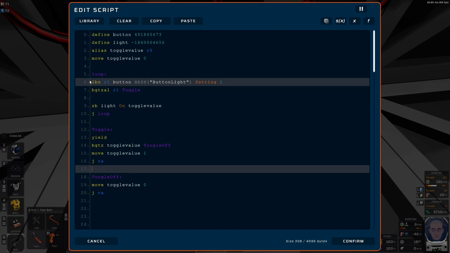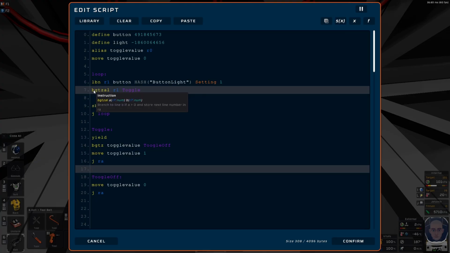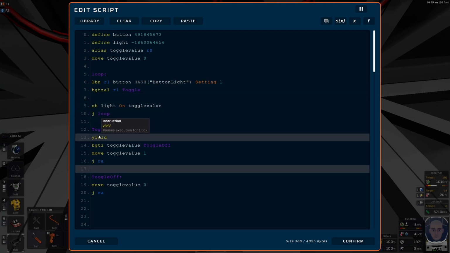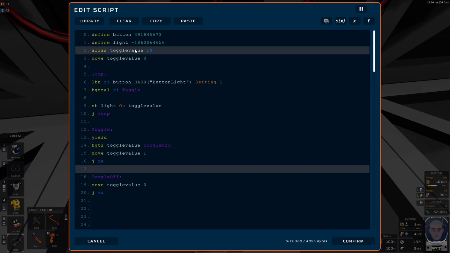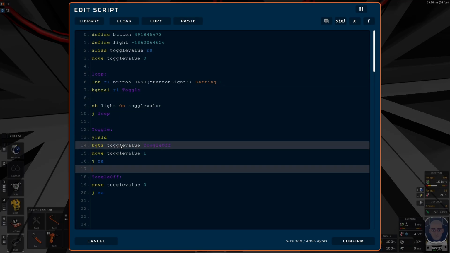So basically, again from the top, we get the value in from the switches, from the buttons. If the value is in and this register is 1, we jump out of this loop to toggle. In the toggle, we first have a wait. Then we check if our current toggle value, which is up here and the saved value, is greater than 0. If it is greater than 0, it's probably 1. And then that would mean that